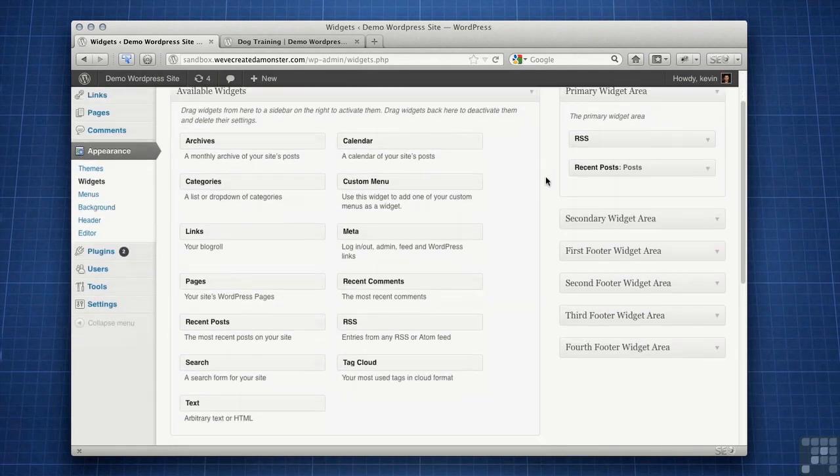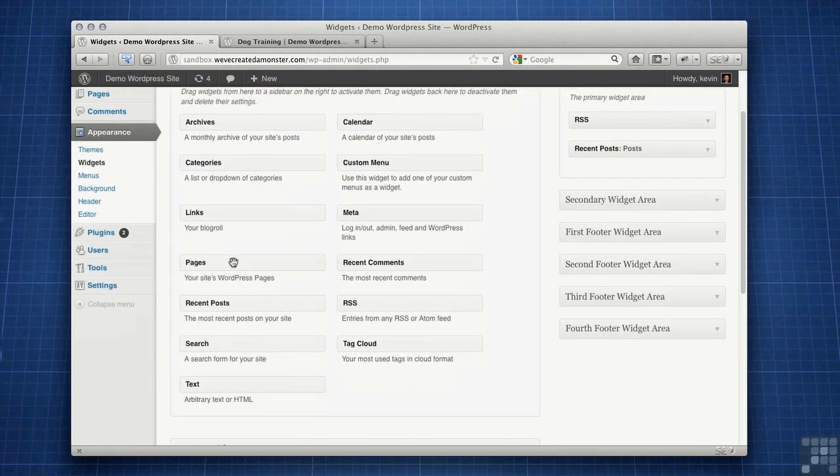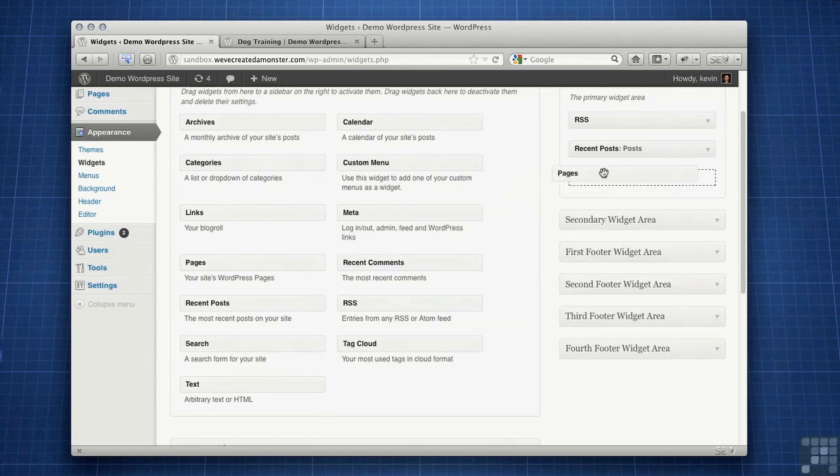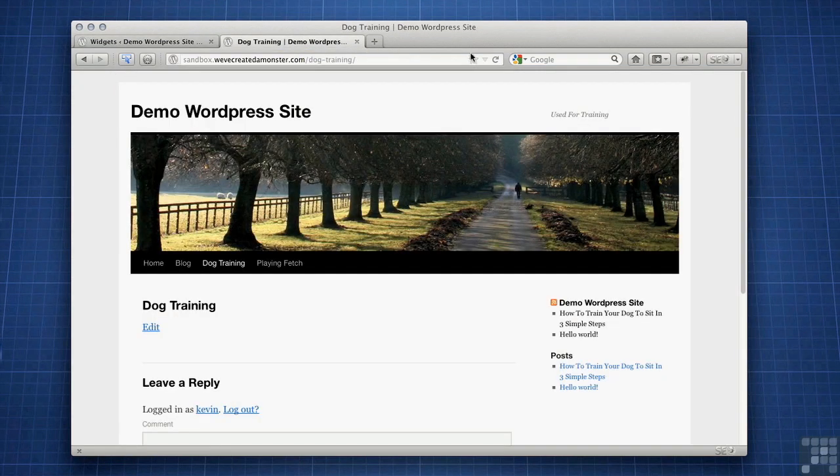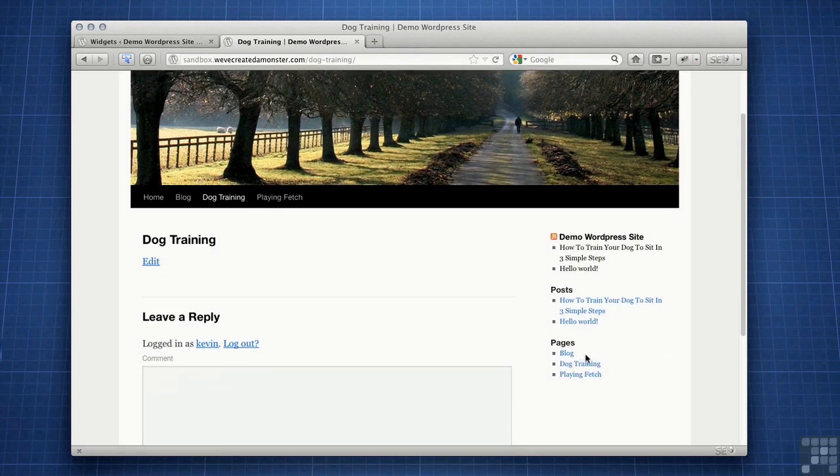Now, there's an interesting way just by dragging this Pages widget, and you can type in anything you want here, Pages, clicking Save. What it'll do is it will display links to all of your pages. I'll click refresh here and you'll see, there we go, pages, blog, dog training, playing fetch. And that's good and fine if you only have